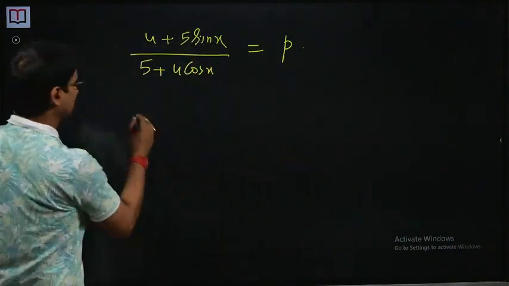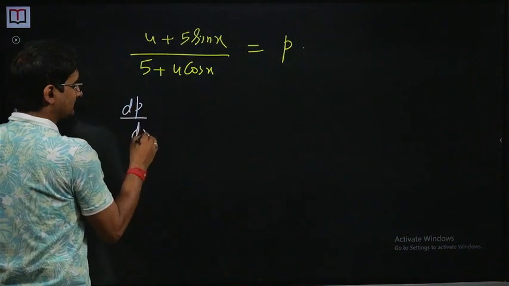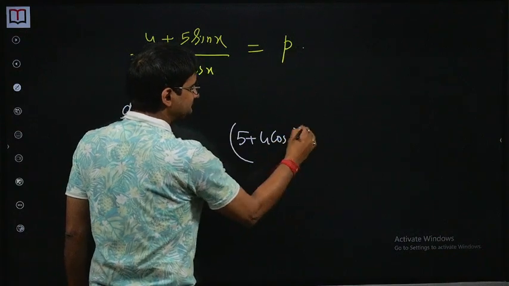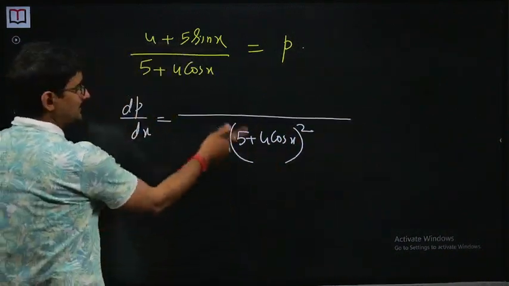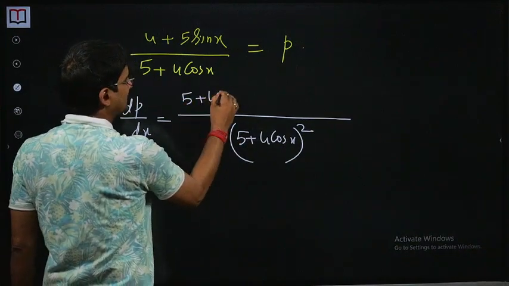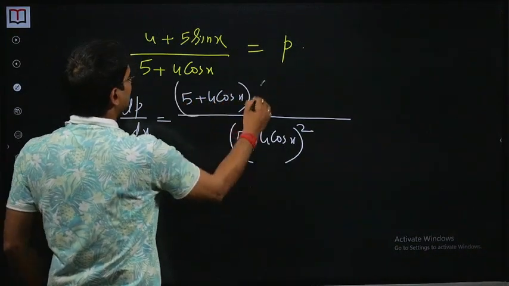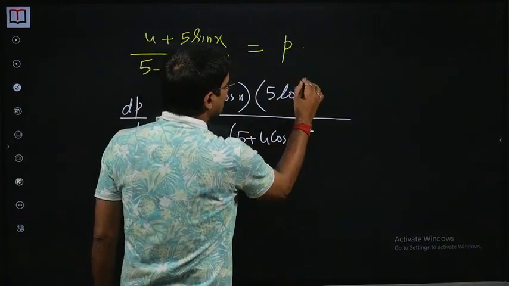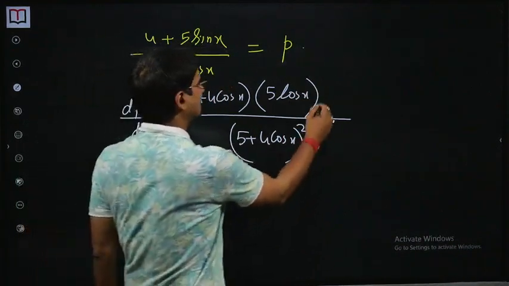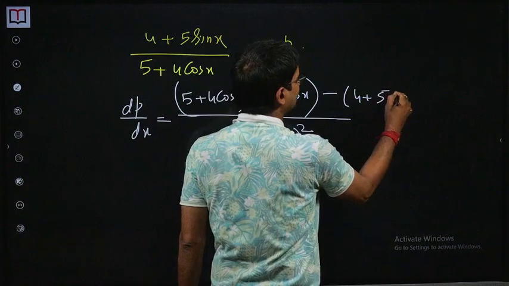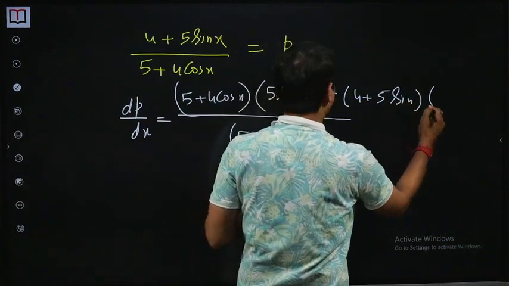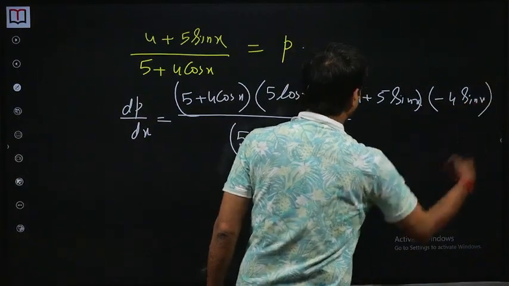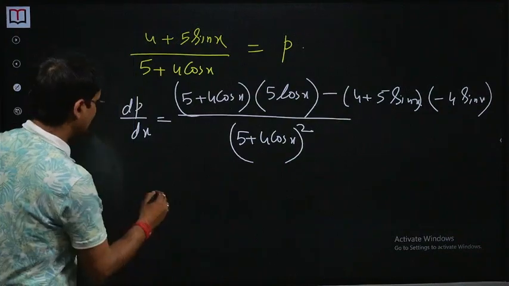Now differentiating both sides, of course, so dp by dx, so what do we get? We get (5 plus 4 cos x) whole square in the denominator. Okay, and then of course using the quotient rule, (5 plus 4 cos x) into the derivative, and its derivative is 5 cos x, isn't that? And then minus the numerator (4 plus 5 sin x) times the derivative of the denominator, which will be minus 4 sin x. Right, now let's see what do we get. So dp by dx